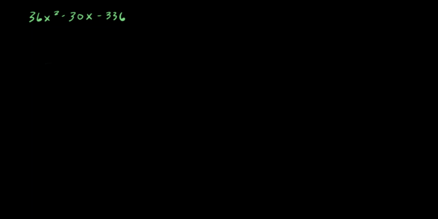Hi guys, let's go ahead and factor this problem. The very first thing before we start anything is that we look to see if there's a GCF. So there's a 36, a 30, and 336. They're all divisible by 6. So I'm going to take a 6 out, and I get a 6x squared minus 5x minus,